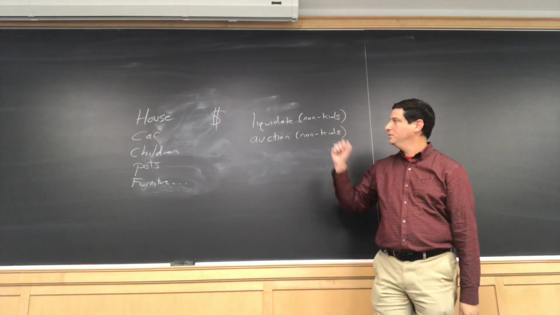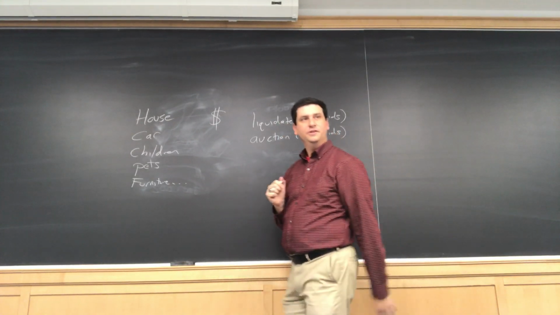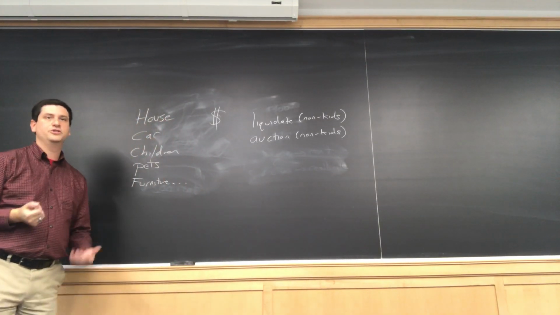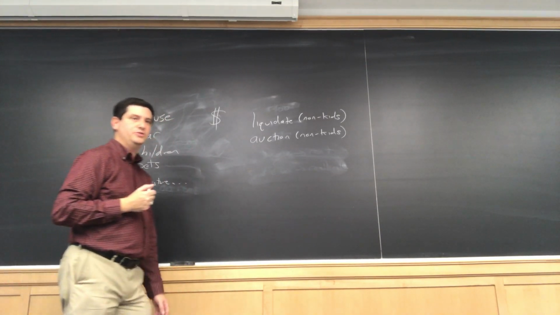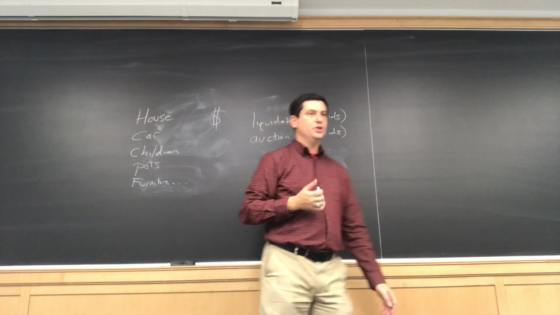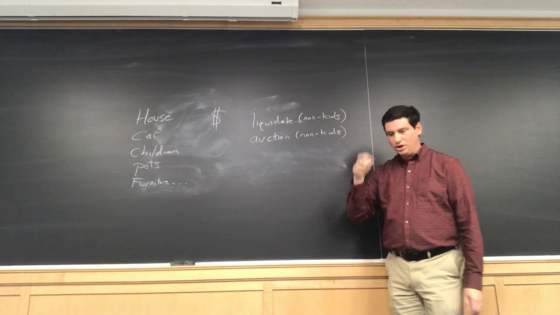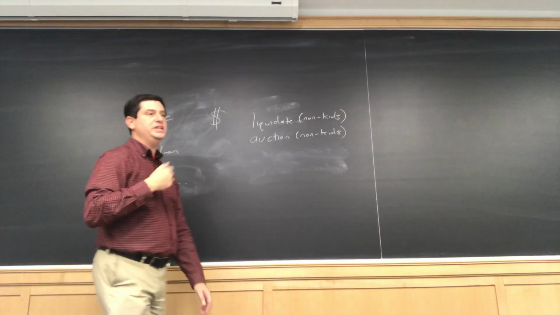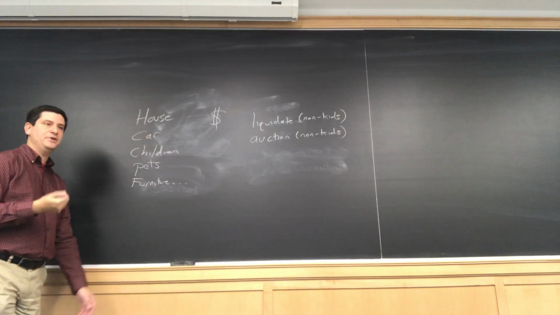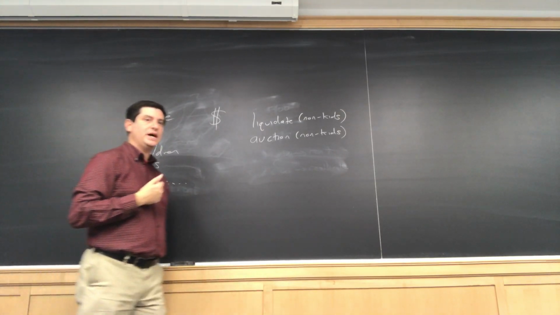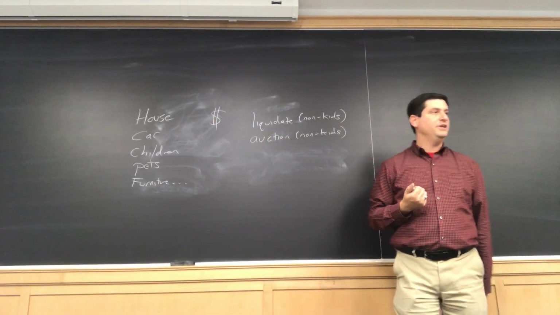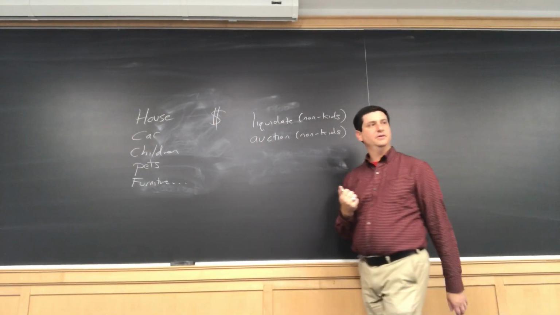But there's another problem with liquidation or auctioning. And this is actually somewhat responsible for the housing crunch that led to the Great Recession around 2008, 2009. A lot of times when you're getting a mortgage, you get a different rate depending on how much you're asking for, as well as how much you're putting down. The more you put down, often the better rate you can get. Why?